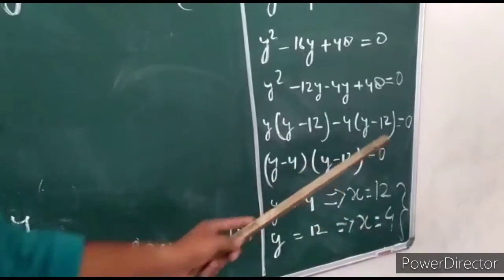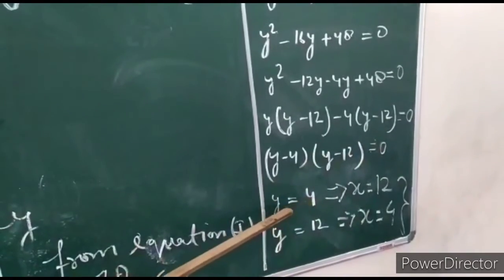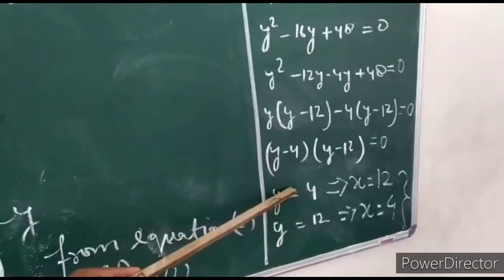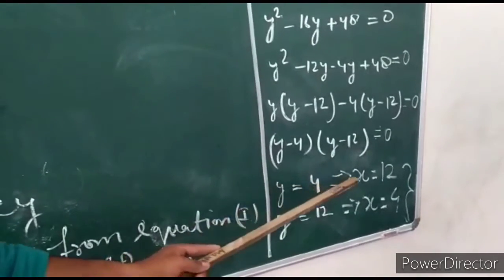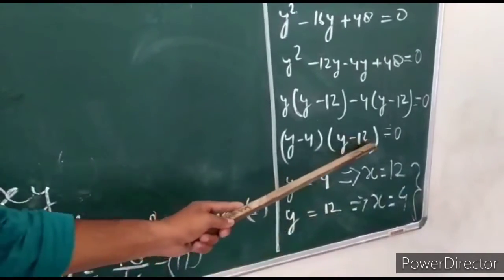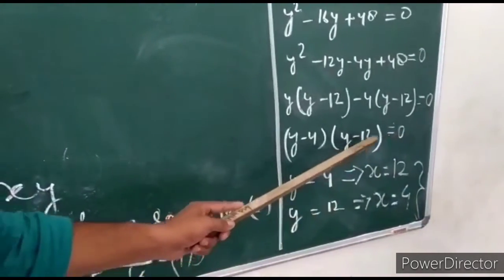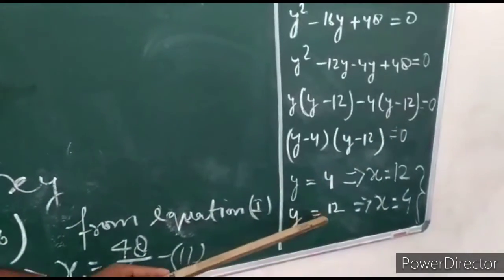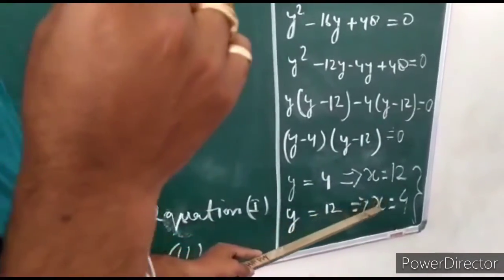If y minus 4 is equal to 0, therefore the value of y will be 4. And if the value of y is equal to 4, therefore the value of x is equal to 12. If y minus 12 is equal to 0, therefore the value of y will be 12. And if y is equal to 12, then the value of x will be